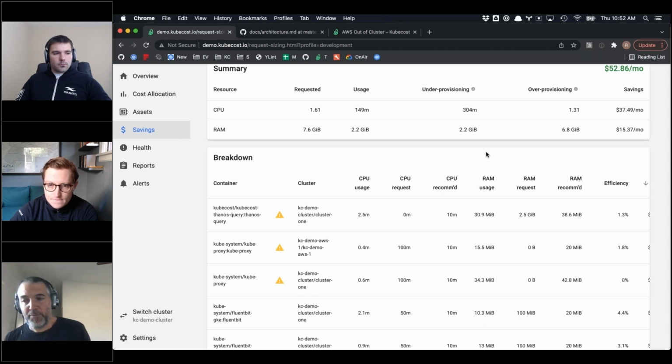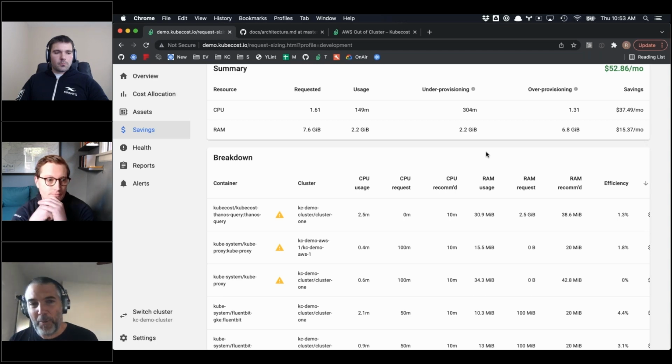So what we're able to do is set up alerts based on budgets, based on efficiency. An example would be if you're like, hey, I want a blanket rule. If I ever have a workload running at less than or equal to 5% efficiency, or 15% efficiency, just send a proactive alert. Maybe it's a Slack message or something like that. I don't need to wake anybody out of bed for it, but I just want to be aware, so I'm not fighting some fire 2 months from now when everybody's like, holy cow, we're wasting all this money. So